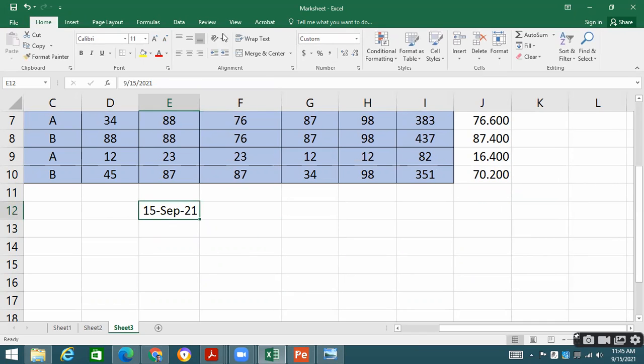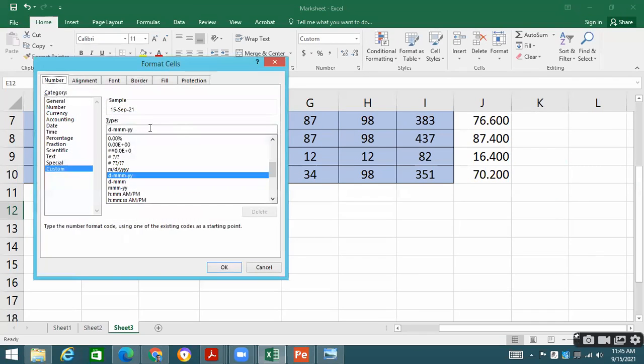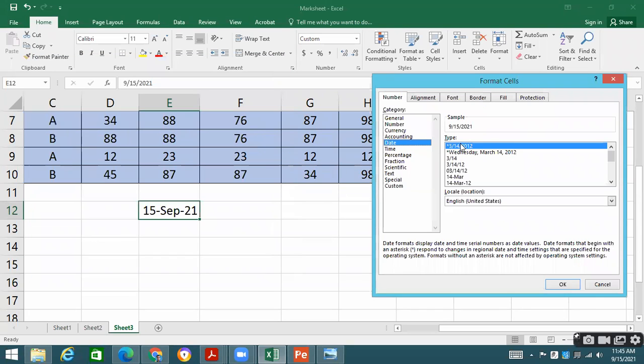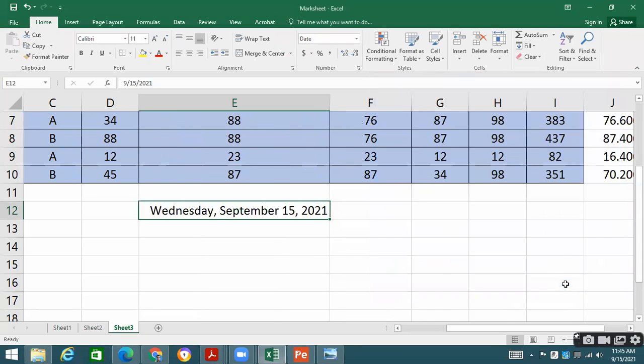If I select this and I go to this numbering option, I say that this is date, and I go to this date option and I say that I want to change it in this format where the day will be written, the month will be written with full spelling, and then the date and the year with 4 digits. So it is going to convert it this way: Wednesday, September 15, 2021. Students, up to here, if you have any question, please ask me.